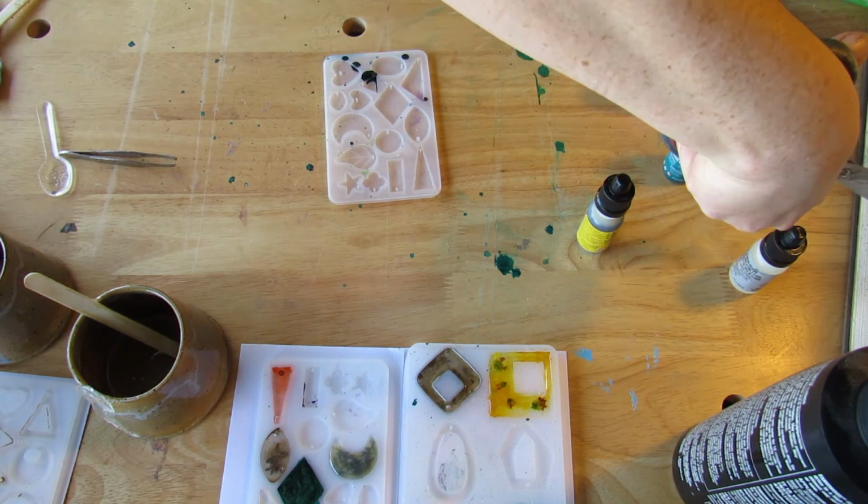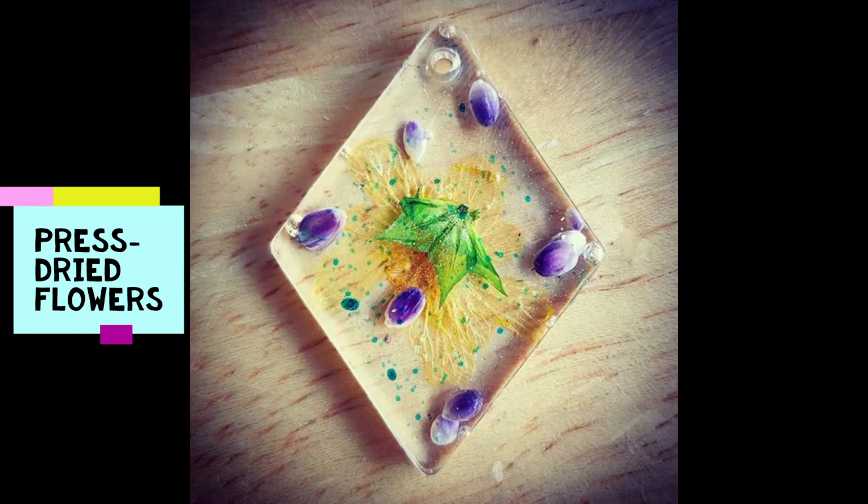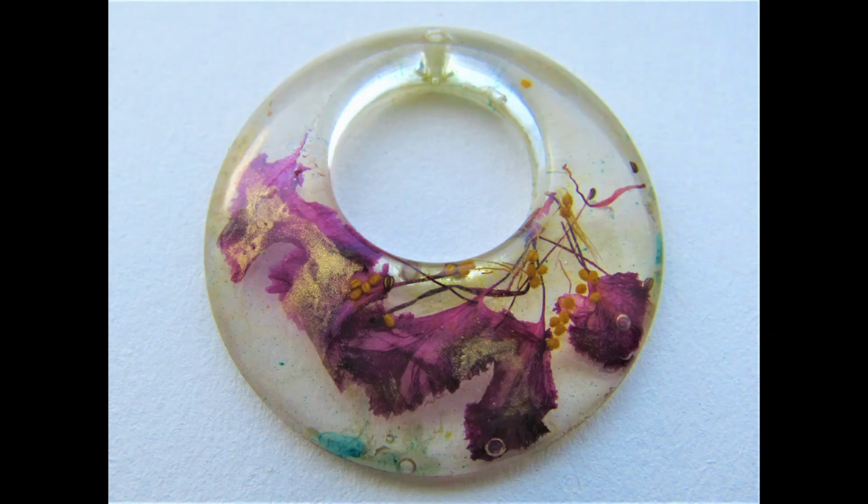Okay, what am I gonna do next here? Oh, I was gonna cut out a picture from a book, and then I decided against it because I was like, how am I gonna get the shape right? My suggestion, if you wanna do anything like that, where you cut out an old picture of someone, or you wanna cut out a picture from a magazine or something and use that, or draw something, doodle something,